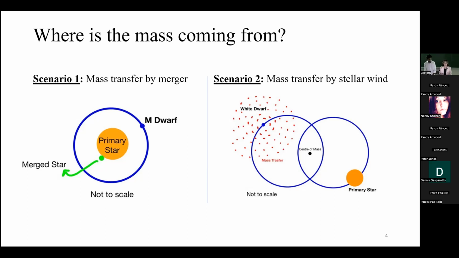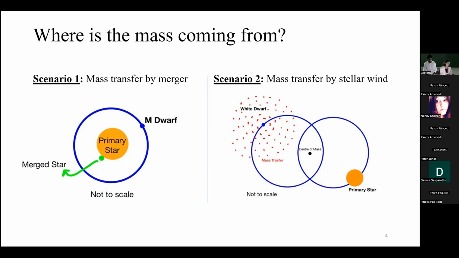So the fact that it has an active magnetic field contradicts the fact that it's old. We were wondering why our star has a lot of magnetic field, even though it shouldn't. It turned out our star is actually a blue straggler, which means it looks bluer and it has more fuel than it should have.